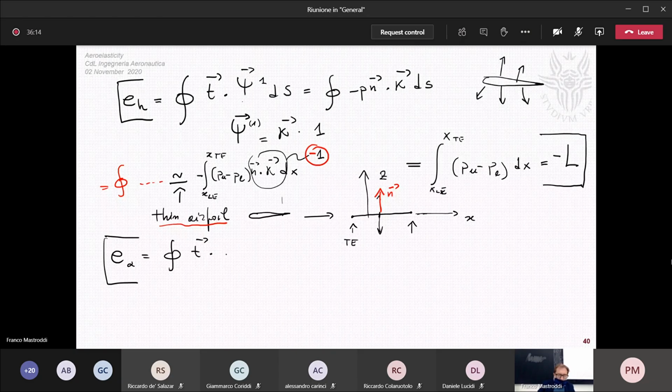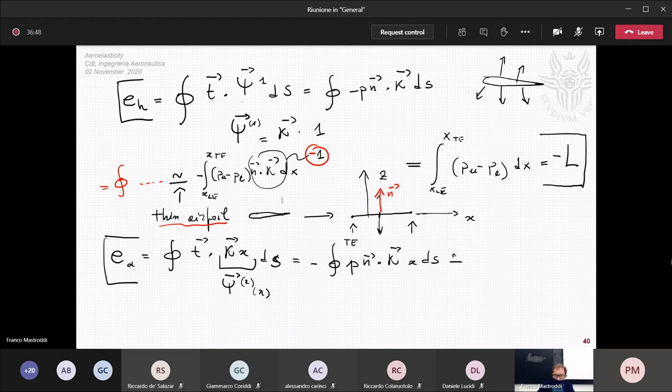But the mode shape is now K X, as psi 2 vector function. Okay, we have to consider this projection in ds first, then we can substitute the physical pressure distribution. So we have minus P n dot K X ds,